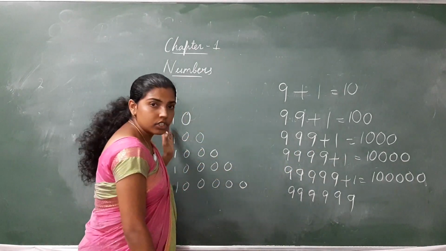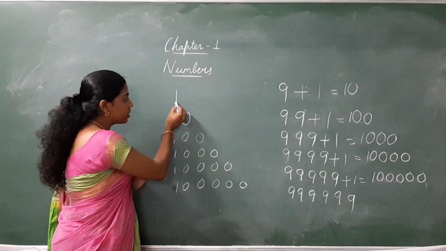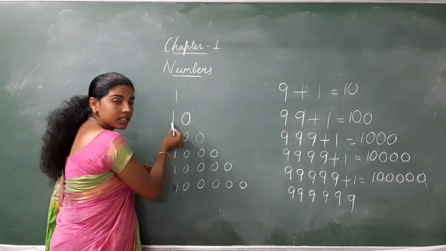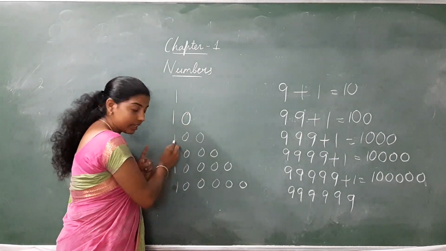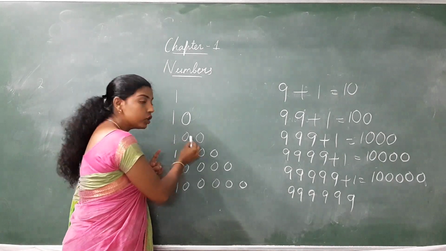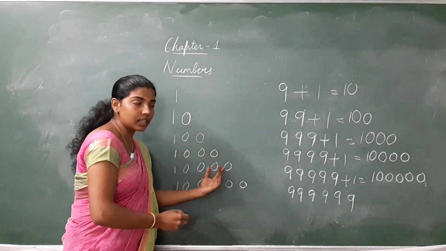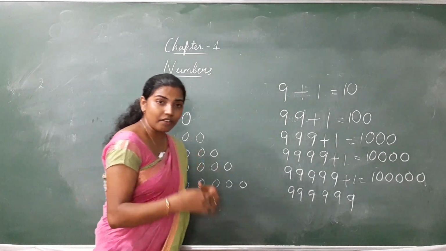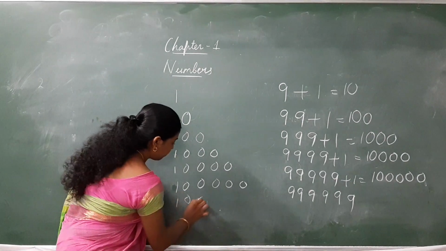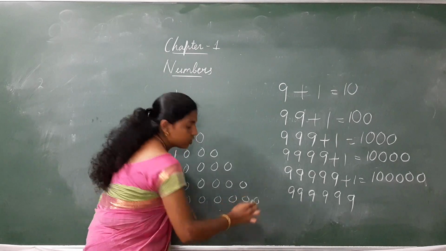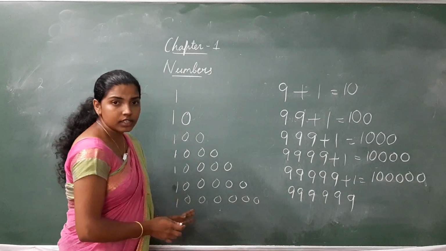Now see the smallest digit numbers. Here also we can see a pattern. The smallest one-digit number is 1. The smallest two-digit number is 1 followed by 1 zero. The smallest three-digit number is 1 followed by 2 zeros. The smallest four-digit number is 1 followed by 3 zeros. In the same way, the smallest seven-digit number will be 1 followed by how many zeros? 6 zeros. So did you understand the pattern formed here? The largest numbers and the smallest numbers.